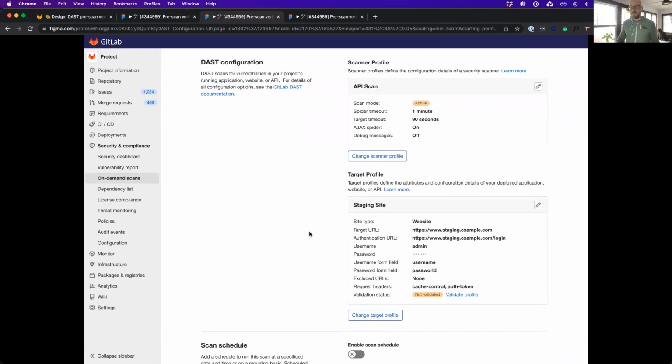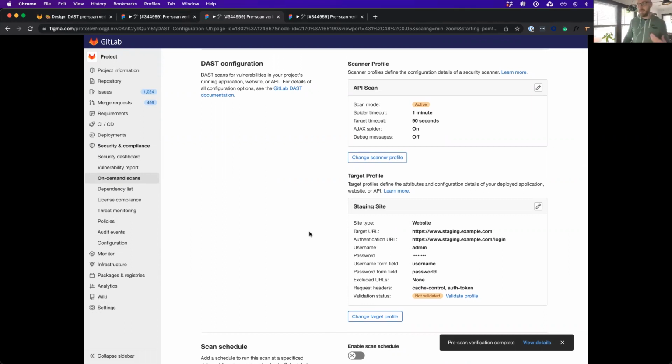And then these profiles are actually managed outside of the main configuration area. And so it's possible for the same profile to be used in two separate scans. And so a user could change a profile in one scan, and that would invalidate the pre-scan verification status within your current scan. And so it's a little bit of a weird situation, but essentially to communicate that to users,